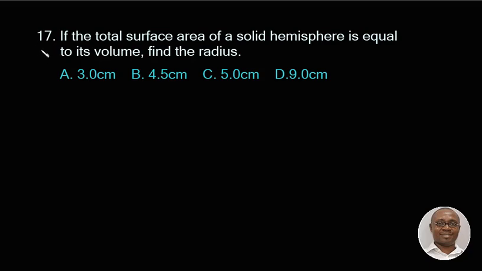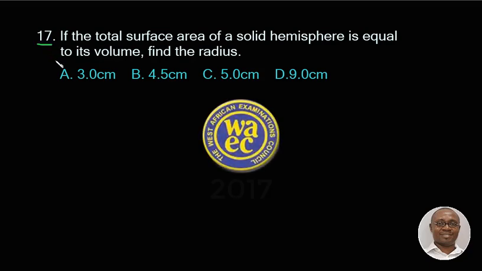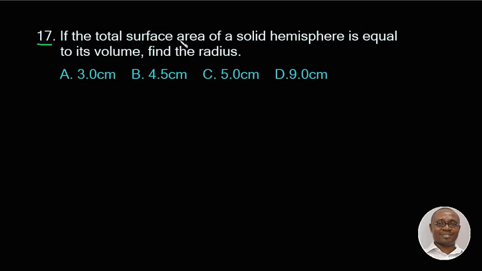I am Oluwakemi and this is question 17 of the WAEC 2017. If the total surface area of a solid hemisphere is equal to its volume, find the radius. With this given option, you may be wondering, there is no values given, but let us just follow the question